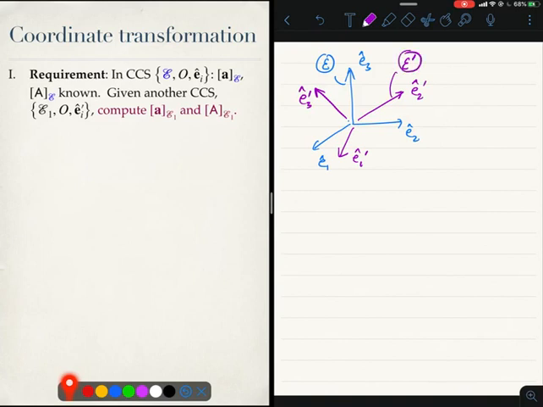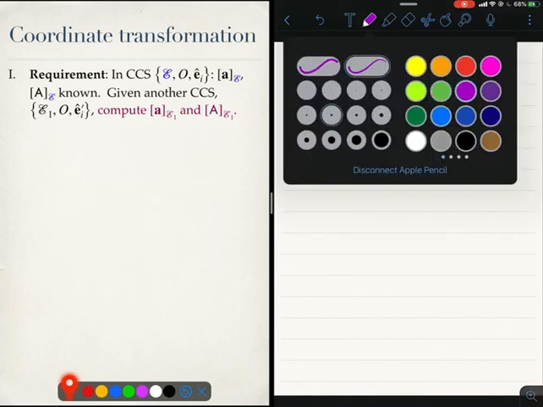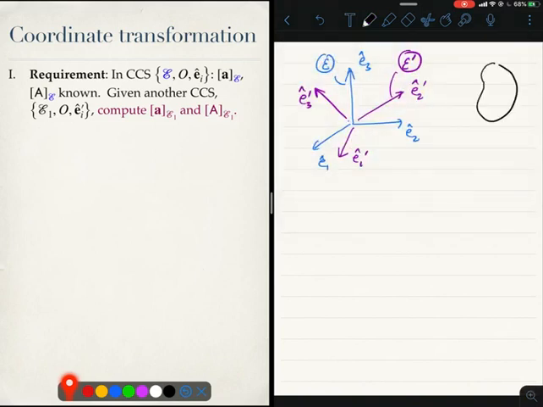Now why should I ask this question? The most important reason is, as I have said, in dynamics typically we study rigid bodies and we take measurements of the rigid body. So suppose I measure the acceleration of a rigid body. Let's draw a rigid body. So here is a rigid body, and I take a measurement of the acceleration of this rigid body. Let's say that's the center of mass. So I measure A G.